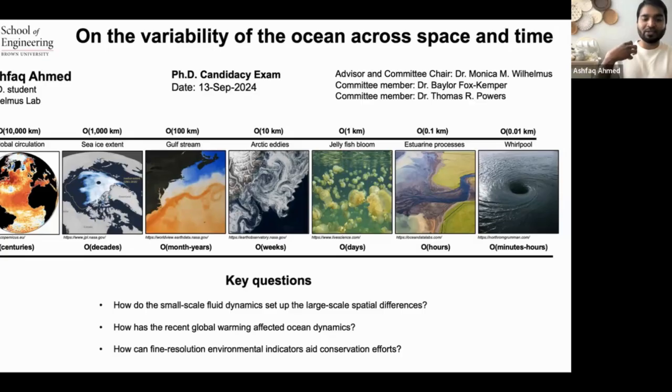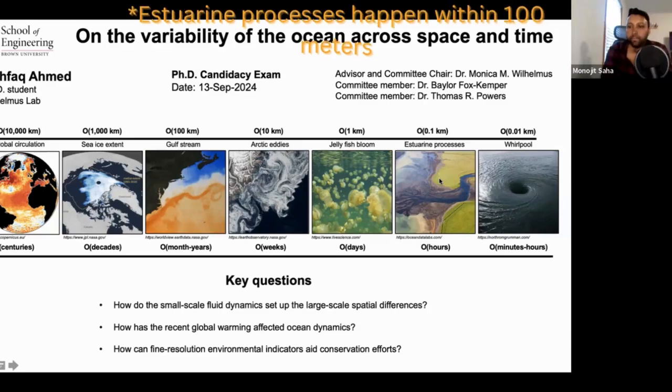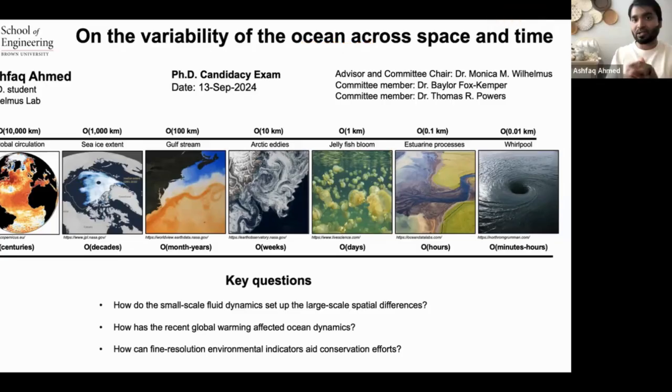Let's just know that a high resolution model has its own limitations, and a low resolution model has its own limitations. This is why we tend to study things from a high resolution model. Some of the changes in the ocean happen at a few meter scale, like a whirlpool. You can never see it from a global resolution model. Some of the estuarine processes happen within 100 kilometers. A low resolution model will never give you this information. Some of the biological events, like jellyfish blooms, happen at a kilometer range scale. So you need a high resolution model, and so forth.